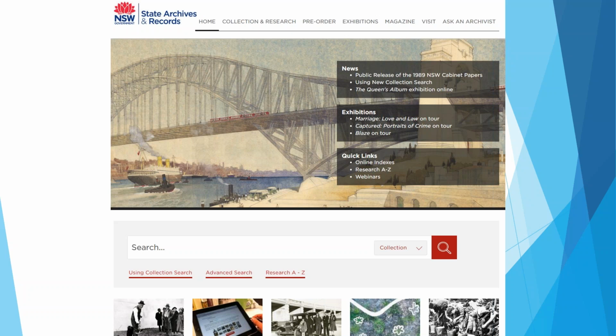And there you'll see a link to our online indexes, which is where people have looked for names in records and they've typed those names up into various indexes. We've got our Research A to Z, which is a list of topics that are quite useful for researching in the New South Wales Archives collection, so things like death, bankruptcy, court records and so on. One of those topics is, of course, H for house records,